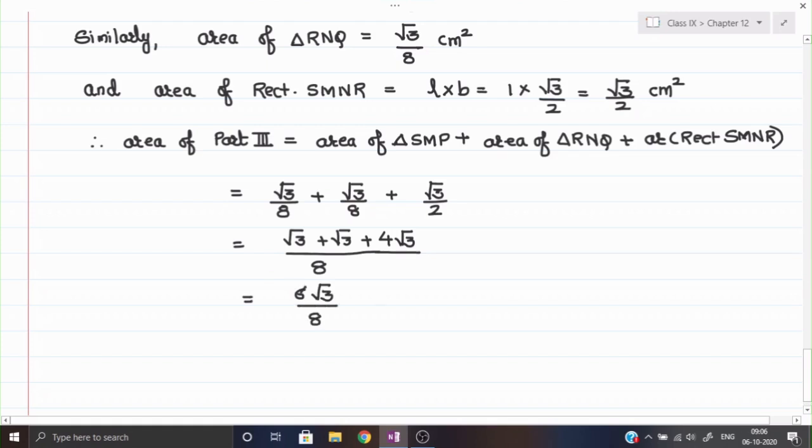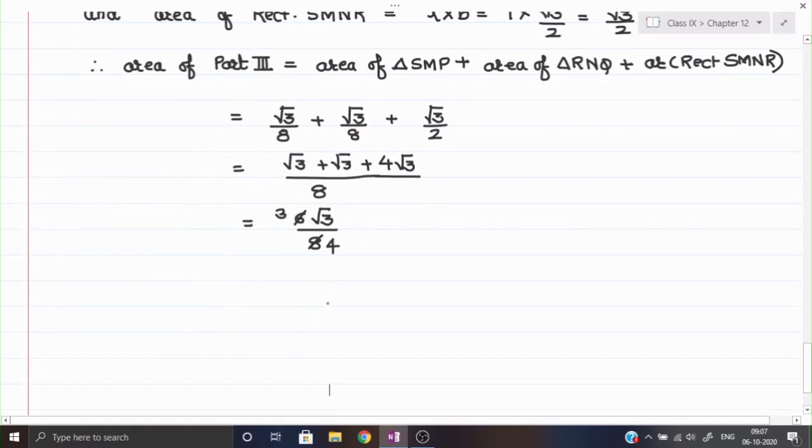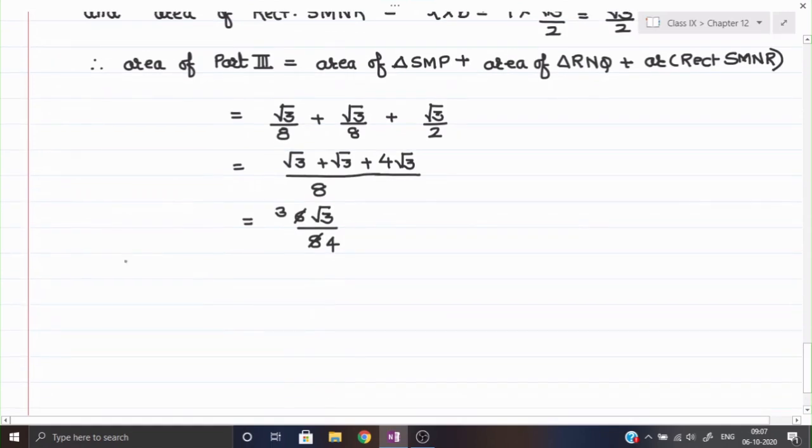So, 2 3s are 6 and 2 4s are 8. So we can say therefore, the area of part 3 will be equal to 3 under root of 3 upon 4 centimeter square,